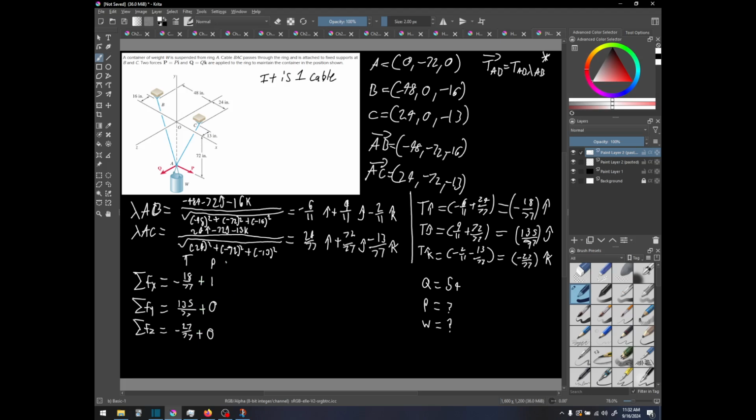And then for w, it's going to be nothing in the x direction. W is going to be negative 1 because it's going downwards. And it's going to be 0 in the z direction. We have xyz, and this is going to be equal to